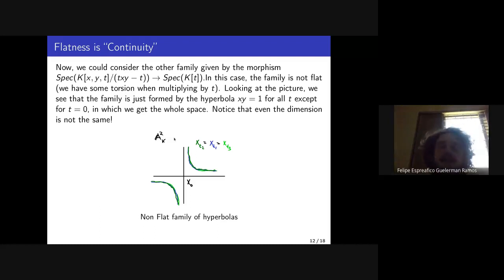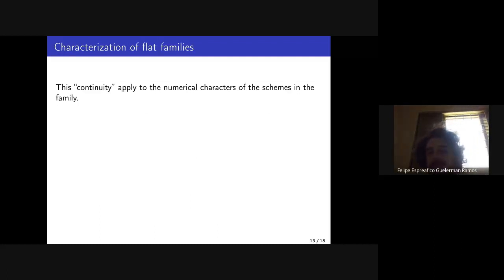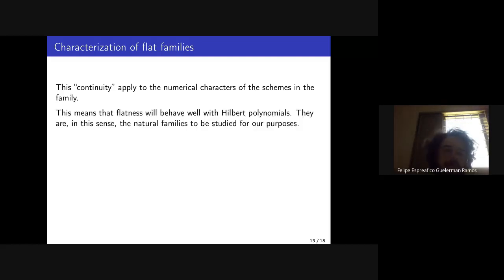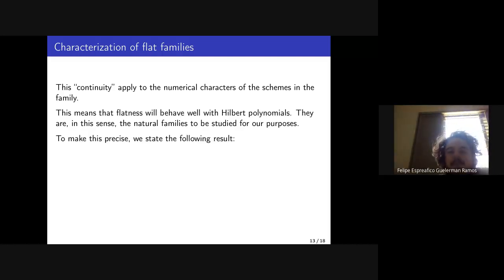So flatness is some kind of continuity, and that's why flatness has this geometric property, which we are going to see just now. So flatness should preserve dimensions, should preserve these characters, similar spaces,